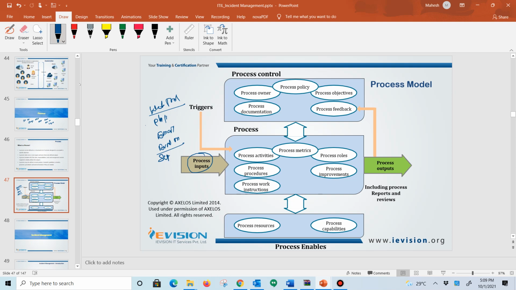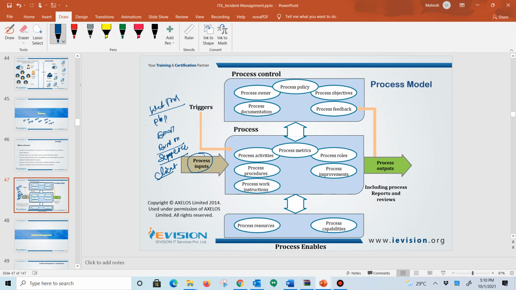There can be supplier outages. Think of your bandwidth link provider: an outage on the bandwidth link will have an impact on you as well. You may also have client-specific outages, and you are delivering services to the client on the infrastructure that you have, so that may also have an impact on your process. These are certain examples of inputs.